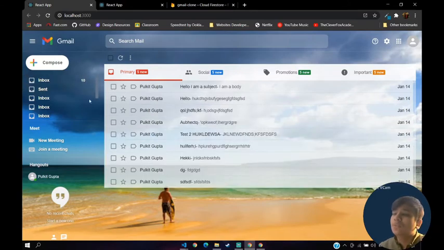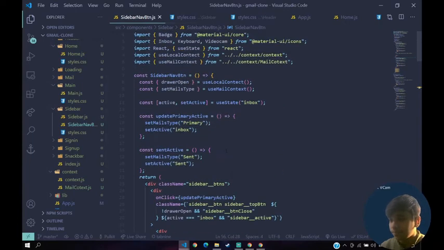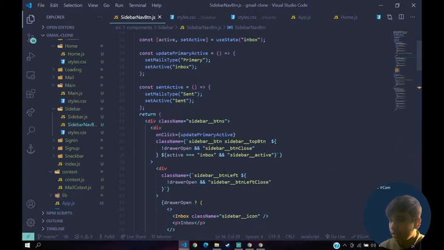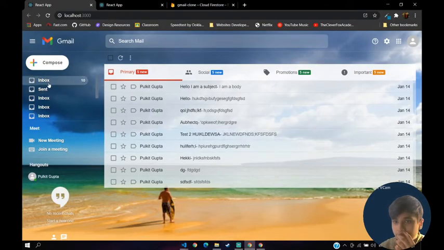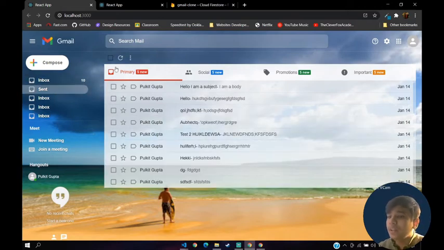So next thing also we want to do, if the mails type is equal to sent, okay, we have a small issue here. Before that we go to sidebar nav button, and inside here we say active triple equal, just say small sent here, set active, just put it small sent. Now that's fine, okay, it's fine now. Inbox sent, perfect. So the next thing we want to do, if the mail type is equal to sent, then we don't want to show these tabs, right?